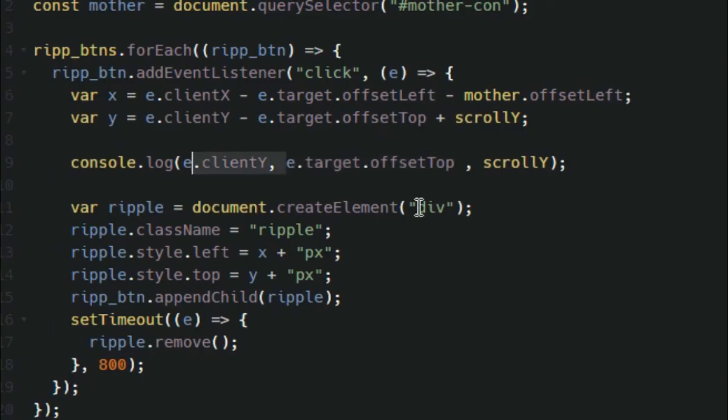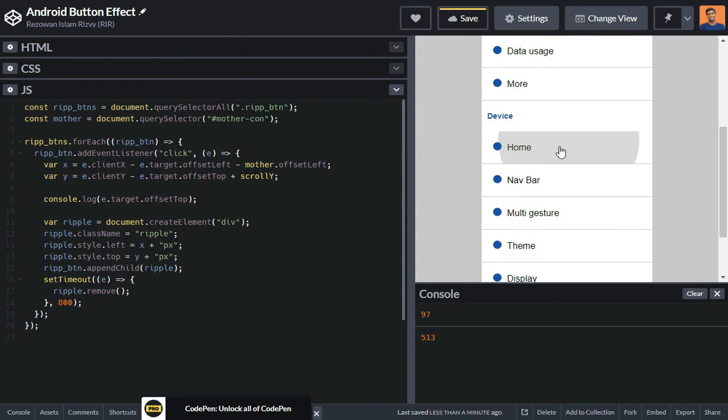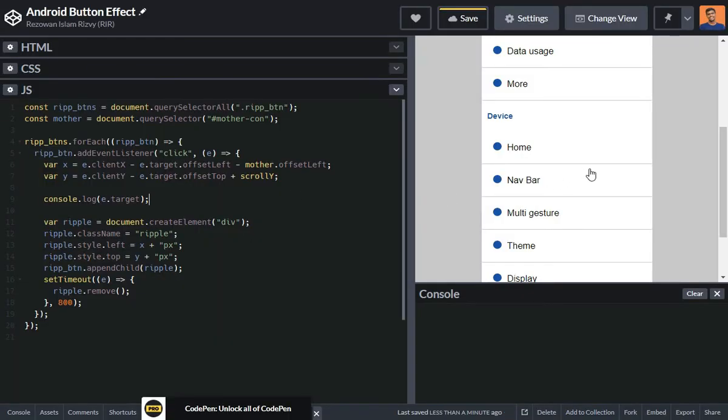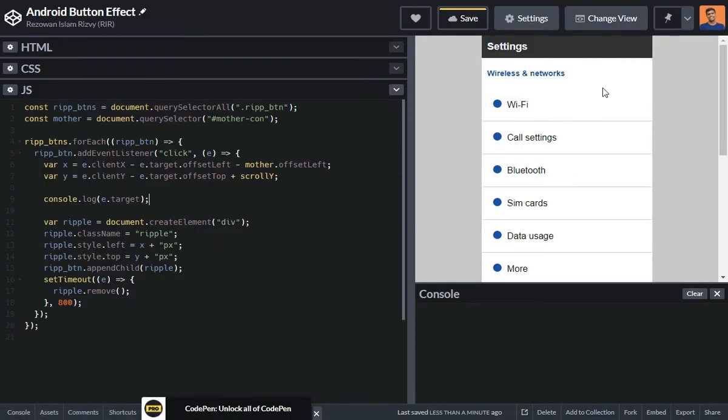Now time to find out what is going on with that expression. The offsetTop method returns the top position of the target element. So it will give different values only if the target element has changed. Let's see when and how the target element is changing. Well, that's the button element,